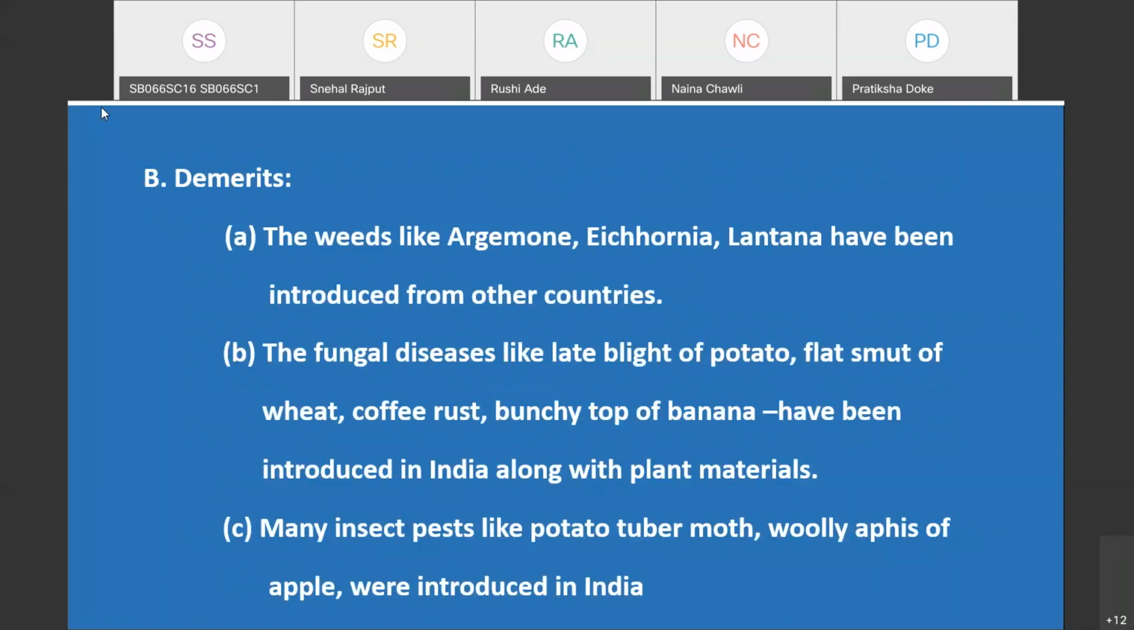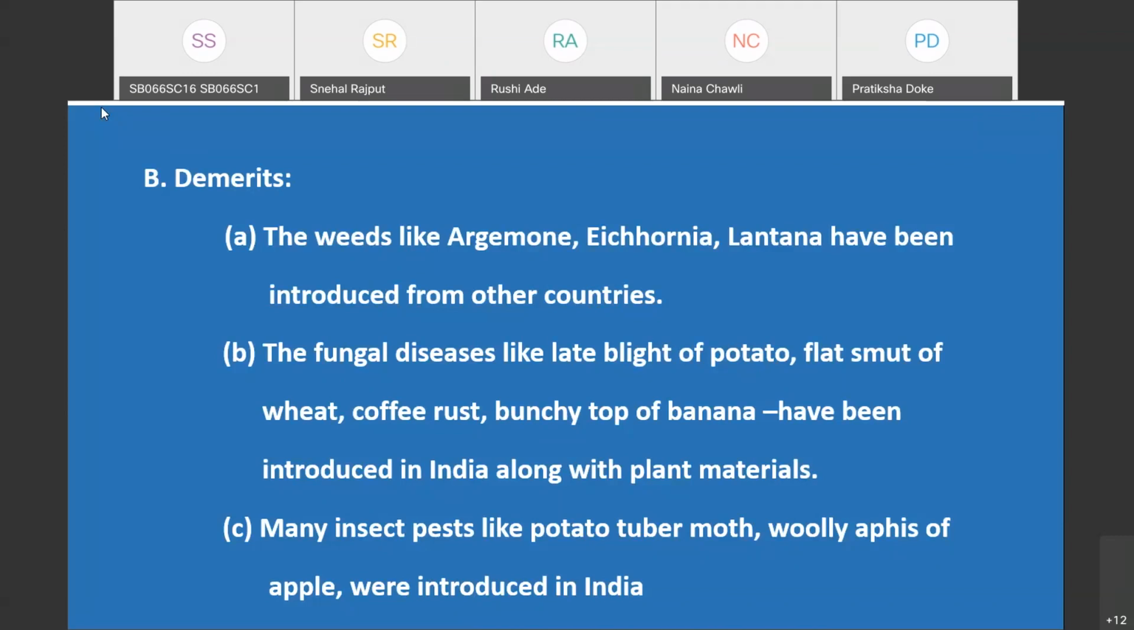In the past, plant introduction was done in an unscientific and scattered manner, and that's why along with the introduction of plant material, different types of insect, pest, and diseases got introduced in our country. But today it is not possible, as there are very strict plant protection laws. Therefore it is very rare